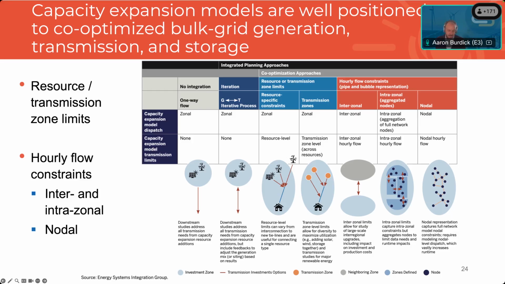And then on the right is the full nodal approach, which requires consideration of DC power flow to really get right, and this therefore requires significantly higher computational capabilities. And it requires a lot more data, so you need resource potential and loads by each node. So this is, folks are doing this currently, but it does require significantly more data and significantly more computation.